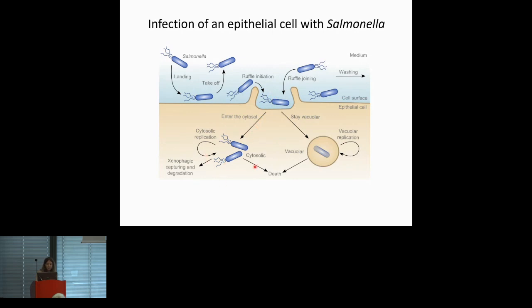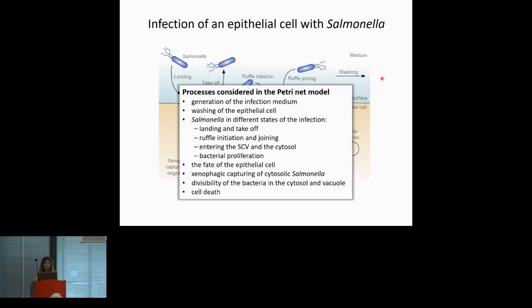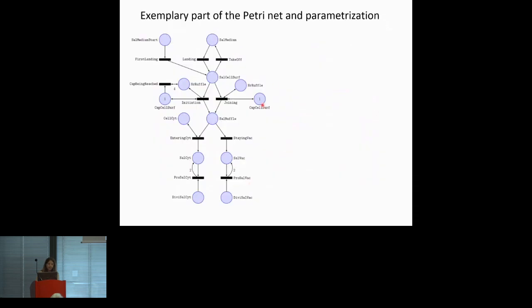Here we have the cytosolic salmonella that could be degraded by xenophagy, and here we have the salmonella in the vacuole, where salmonella replicates, and it depends on the number of salmonella whether the cell death is going on or not. And the washing is more a technical process for the experiments. So, those are the processes we will consider, and we